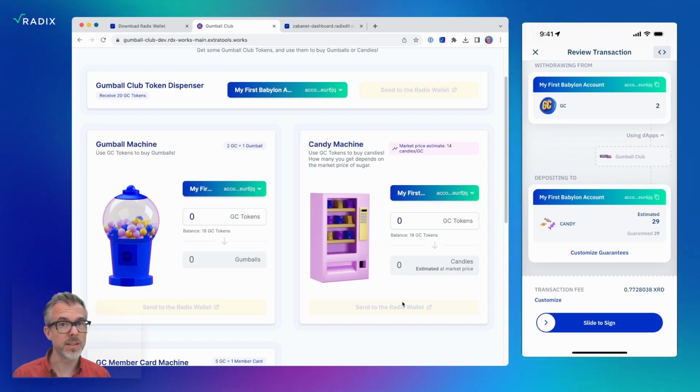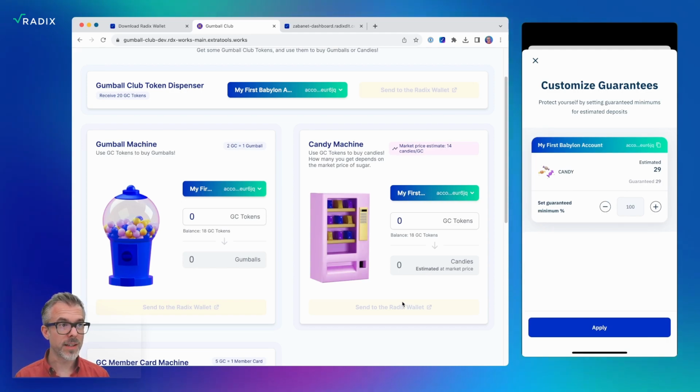And the reason for that is that in the transaction that the web page is built for me, it can't tell me how many it can deposit because it knows that there's this market price. When I submit it, it might be 29, it might be 30, it might be 28. It's impossible to say for sure. And the transaction manifest actually includes that. It knows that this is an indefinite amount that's being deposited. But one of the wonderful things about the transaction manifest is I can still protect myself. I can customize those guarantees